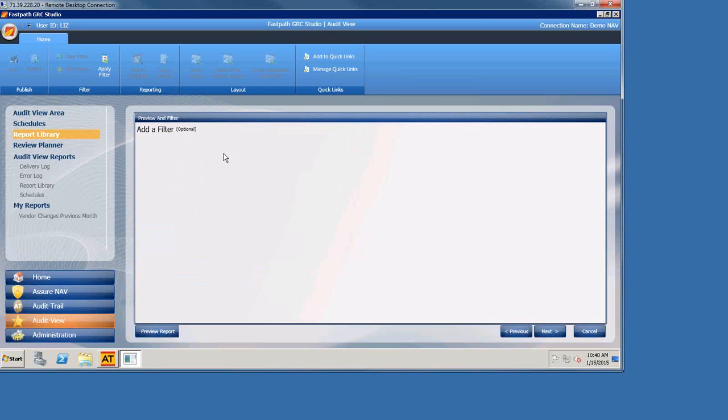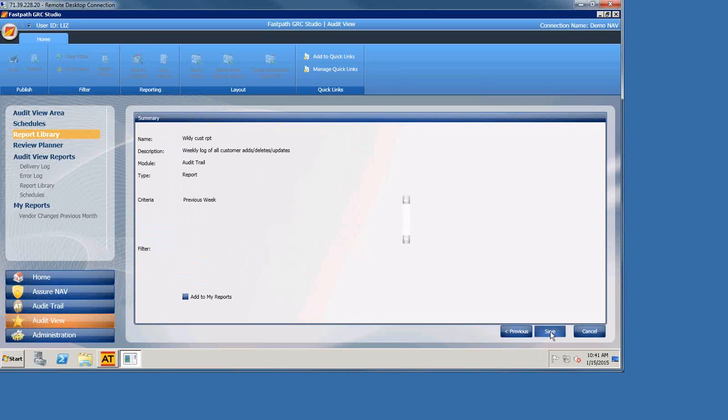If I wanted to add a filter, I could. We talked about those filters that we could build. We could absolutely apply filters here. Let's say I wanted to build a report that got delivered daily for any customer whose credit limits were set to above $25,000. I could absolutely do that using filters. In this instance, though, I want the full set of data. I'm not going to filter anything. We're going to click next.